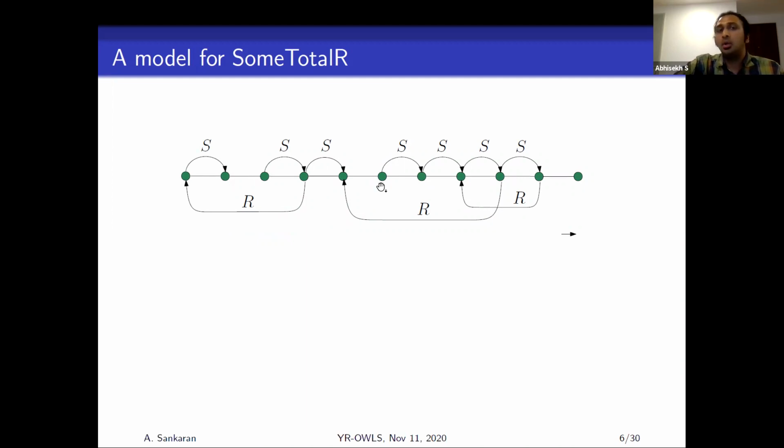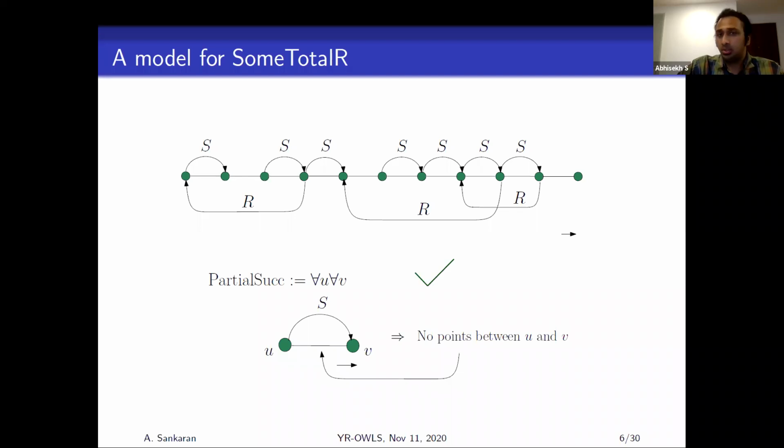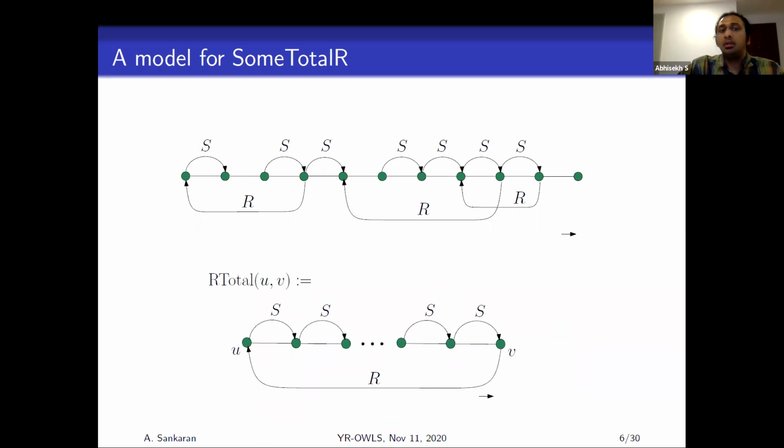It is just a linear order on which you have put these S relations, which are indeed successors, and you have these R edges. So linear order is true. Partial successor relation is, of course, again true by construction. And we want to see whether there exist U and V such that they define a segment on which the